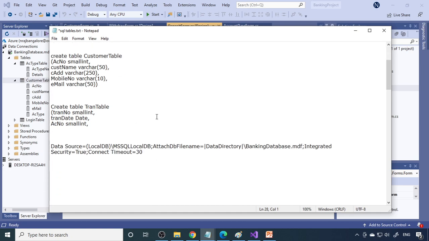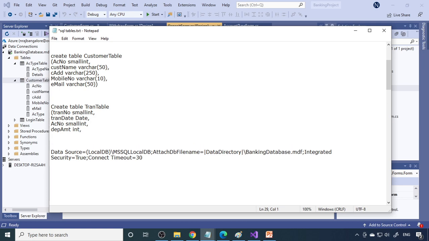Next, we can keep both things, deposit and withdraw, stored in the same table. So I can say deposit amount. Okay, let's take it as integer only. Withdraw amount. You can write it completely: withdraw amount, deposit amount.